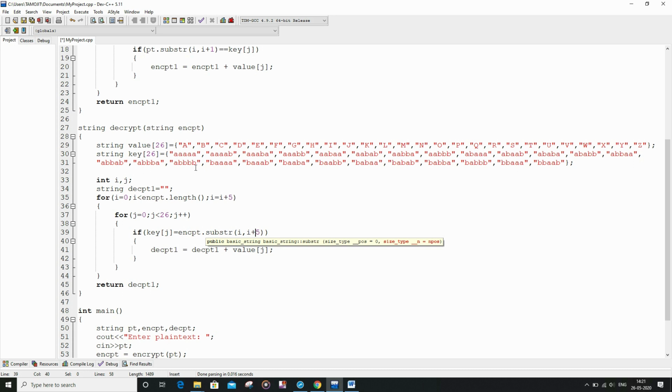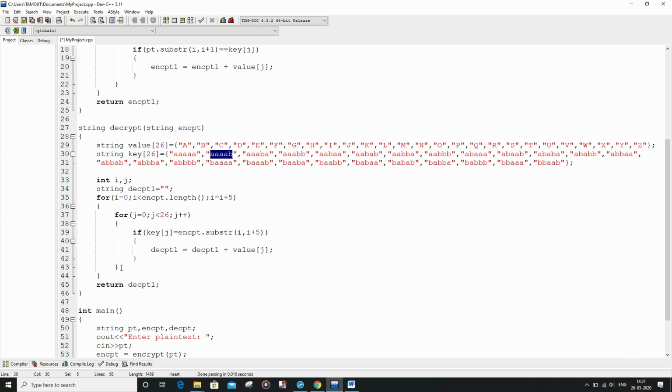So that basically means that suppose we have come across this segment inside the encrypt text, suppose we have come across AABAB, then it will automatically identify it, and the value of j which we will get, for instance, will be 1, and for that corresponding value of j, here inside the value string array we have capital B. So basically it is going to concatenate the decrypt string with capital B, and for each of the other segments also.